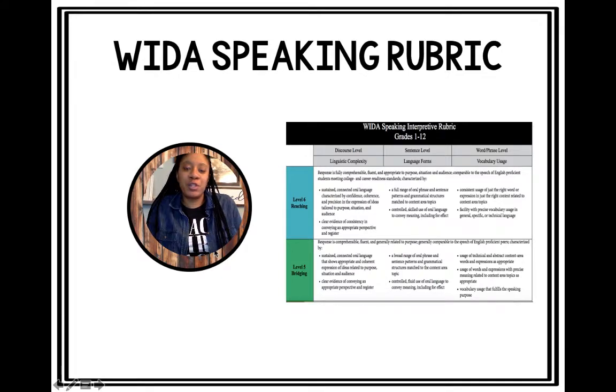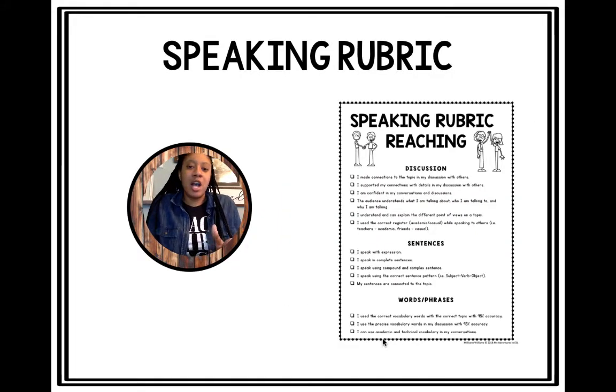Over the summer, I was really diving deep into this rubric. I realized that it was not student friendly. They needed something like a checklist to be looking for. If I handed them this form, they'd be like, Miss Williams, what is this? So I created a student-friendly speaking rubric, a speaking checklist. This is what it looks like, and I will put a link to it. I'll go into how I use it later on in the video, but this is how I broke it down, into little checklists.